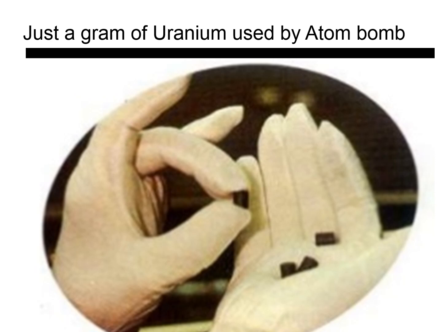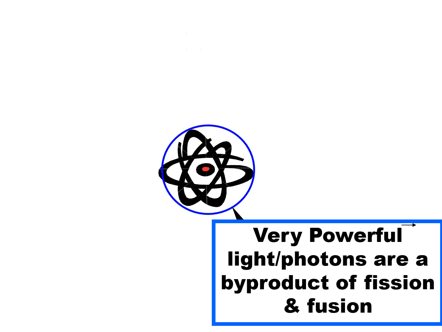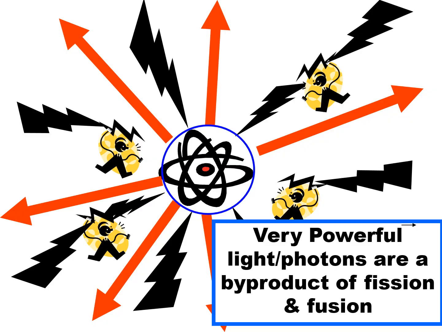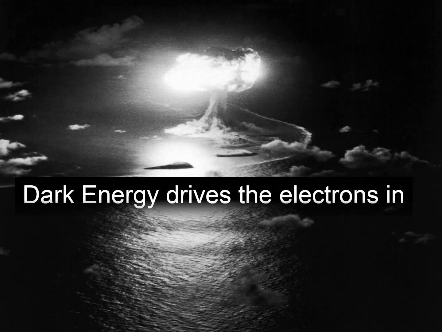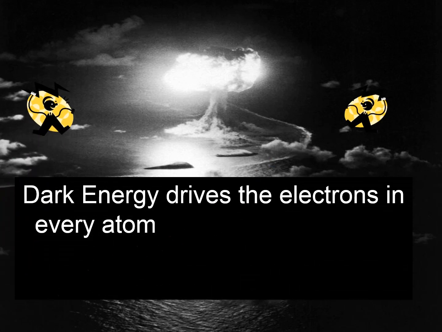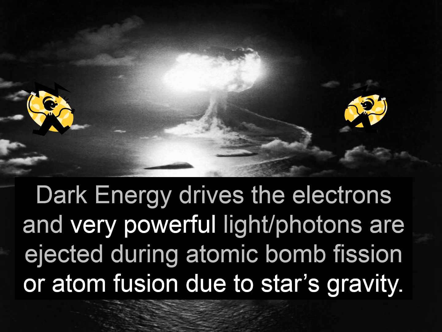So when uranium atoms are properly configured for fission, these huge uranium atoms split into 2 smaller atoms, releasing 3 neutrons, and as a byproduct, releases powerful light photons during a chain reaction and is powerfully destructive. Powerful dark energy drives the electrons in every atom, and powerful light photons are ejected during atomic bomb fission, as well as from stars due to the star's huge gravity fusing atoms, expelling excess powerful light photons driven by dark